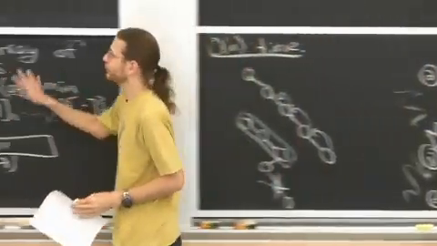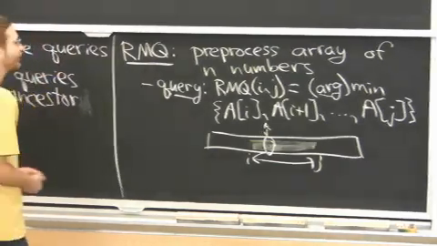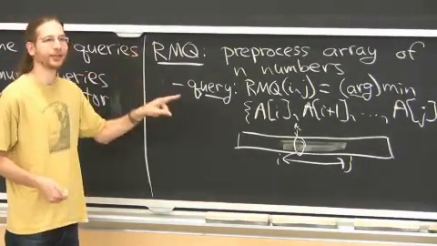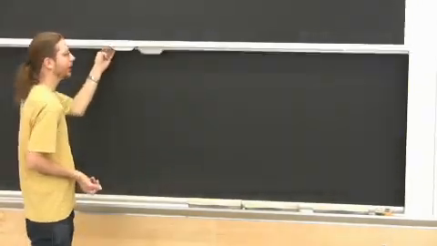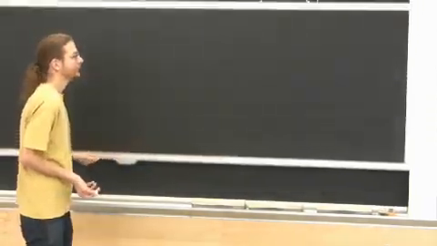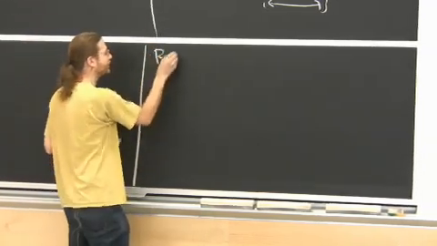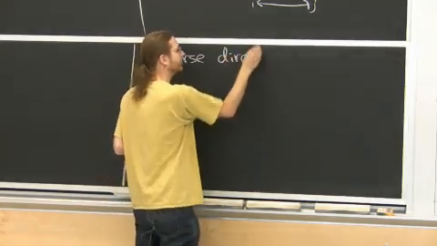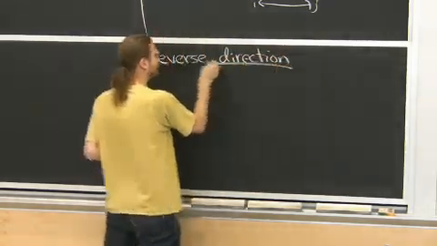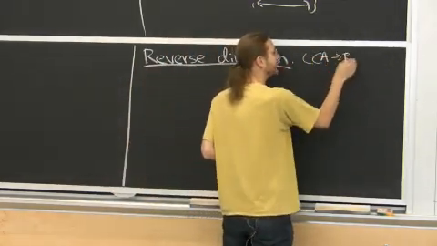But there's a reason I mentioned RMQ, not just that it's a handy problem to have solved, but we're actually going to use RMQ to solve LCA. So we're going to go back and forth between the two a lot. Actually, we'll spend most of our time in RMQ land. So let me tell you about the reverse direction. If you want to reduce LCA to RMQ, that also works. And you can kind of see it